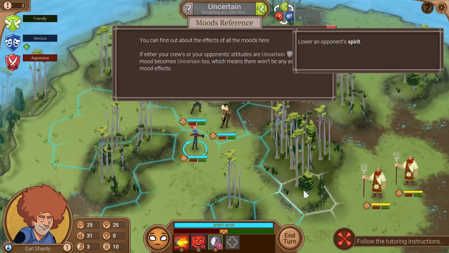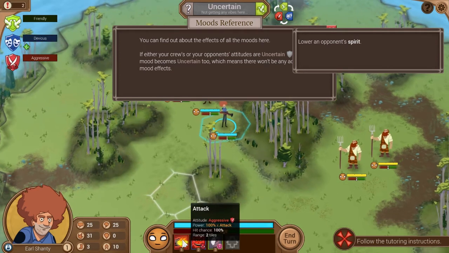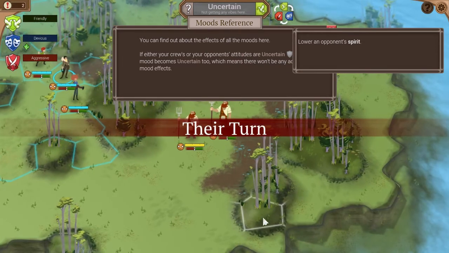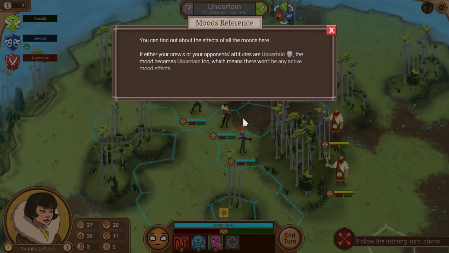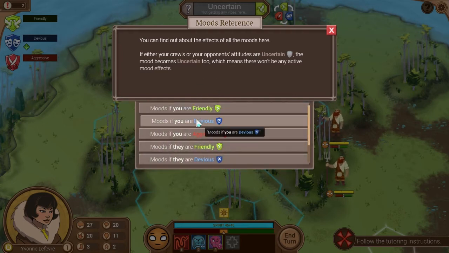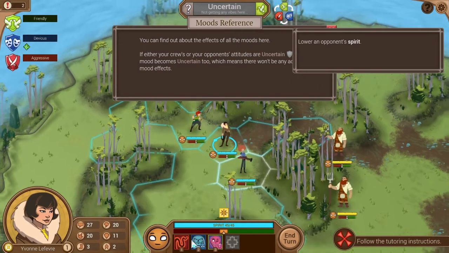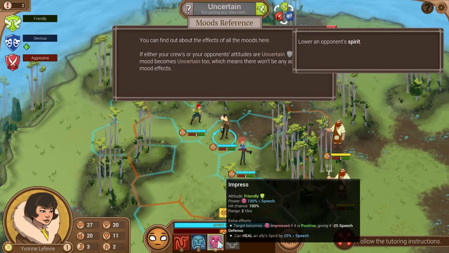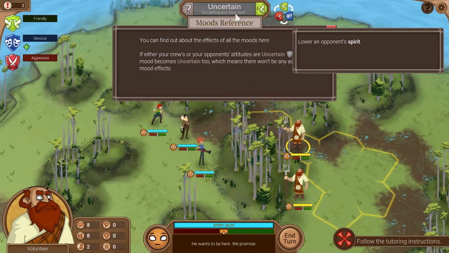I believe I need to move, though. Okay. Yeah, I can't attack yet, can I? And my glass cannon fake engineer is out in front, which is a bad idea. Moods if you are devious. Okay. Yeah, I want to lower an opponent's spirit. Okay, so. Right. So they are... I don't know. Everything's uncertain, so...